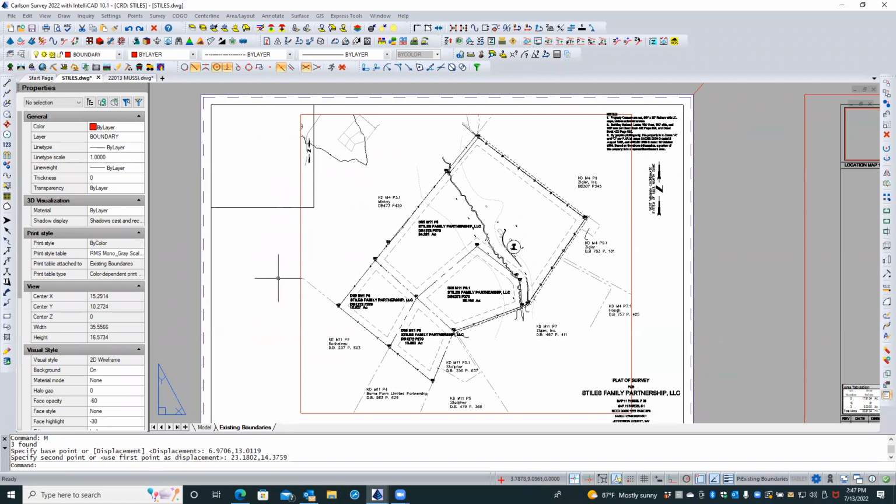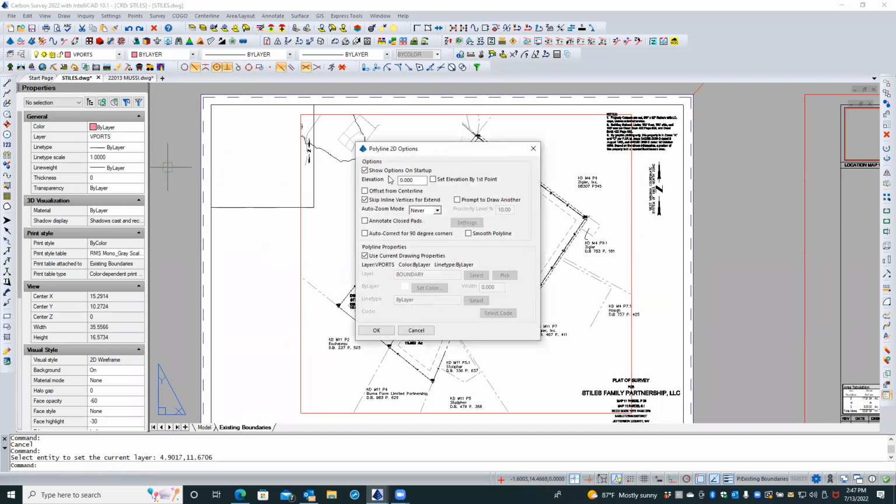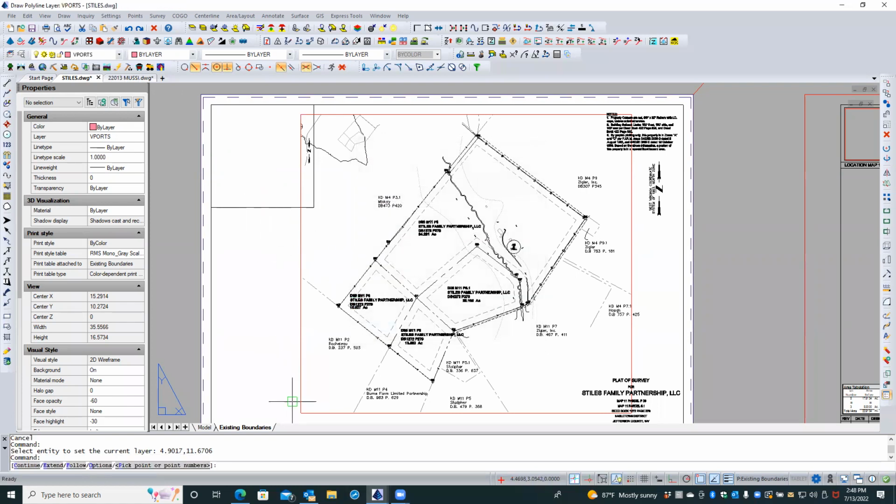And so what I want to do, Mike, is I'm going to make a new viewport, and I'm going to do it like this. I'm going to make this my current layer. I'm on viewports, and I'm going to draw a 2D polyline. And I'll say autocorrect for 90-degree corners. We'll say okay, and I'm going to go from, say, here